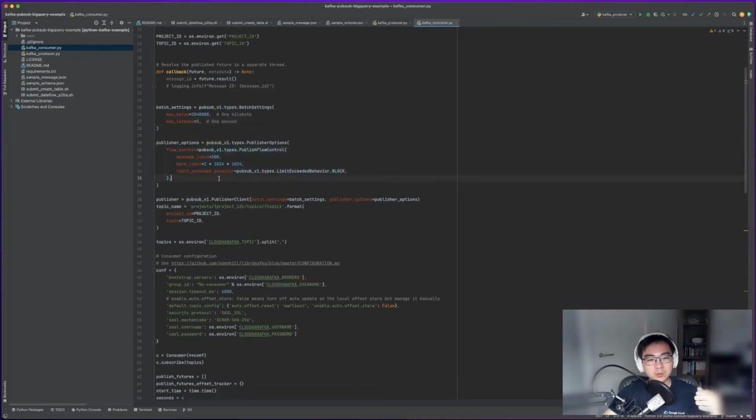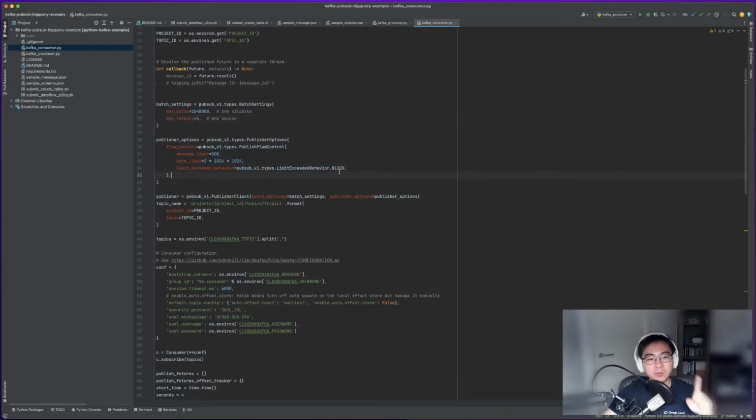The other publisher option, the most important one here, is the flow control, which determines how many messages you want to send to the downstream pubsub topic. You can specify the flow control parameters in here, but one of the key things to remember, and it is not set this way by default, is that you must set this to block on a production system. If you don't set it to block, when there are too many messages you're trying to send,